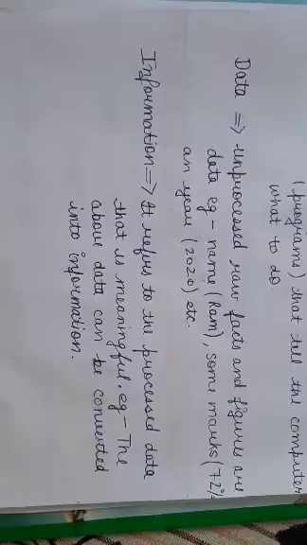In case we define any program, first we require the data. Data means the unprocessed raw facts and figures. For example, we want to collect the data of a class that contains name, marks and year. For example, name Ram, marks 72% and year 2020. This is just the data. When it is converted into information, that is, when the data is processed into a meaningful arrangement, that meaningful arrangement of data is known as the information.